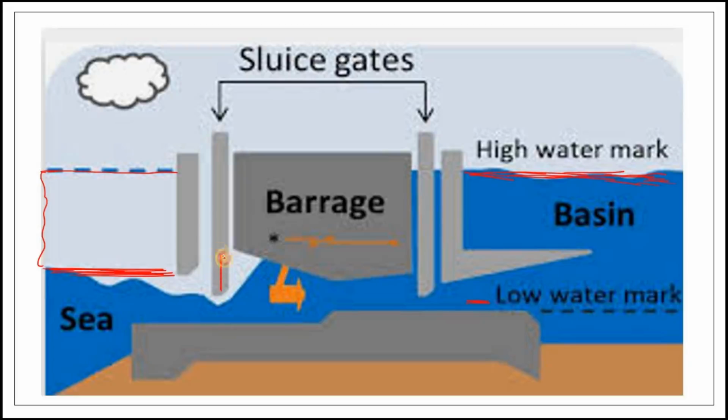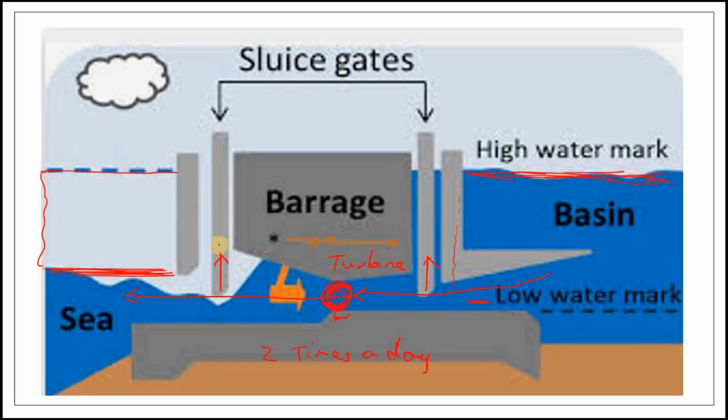Now the barrage is lifted, right? This barrage is lifted, and now water is allowed to flow out through this opening, and water comes out into the sea. And when the water comes out, we can put turbines here, right? Our turbine is up here, and this flowing water which is coming out with force because of this potential difference rotates the turbine, and we get electricity. So this can be done twice, 2 times a day.